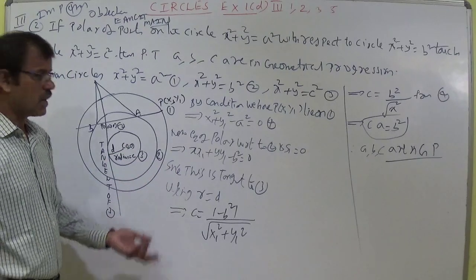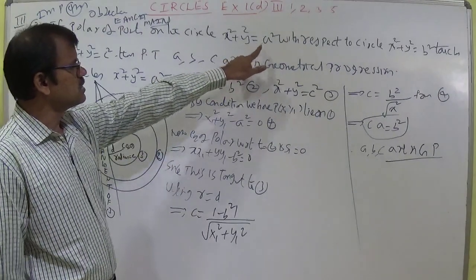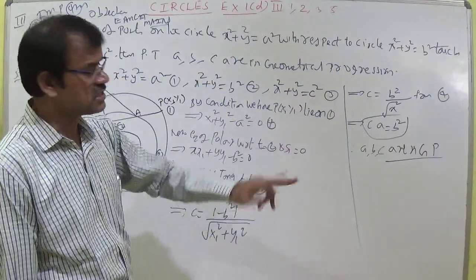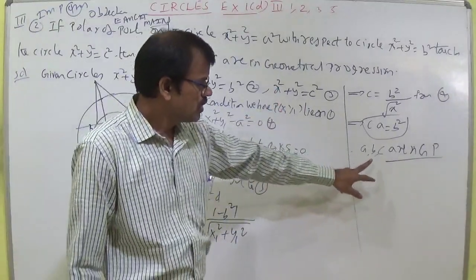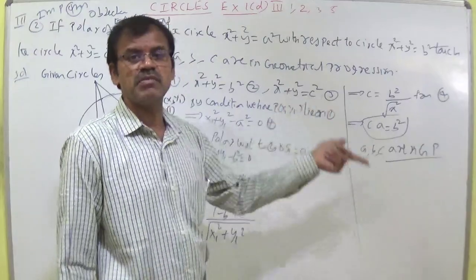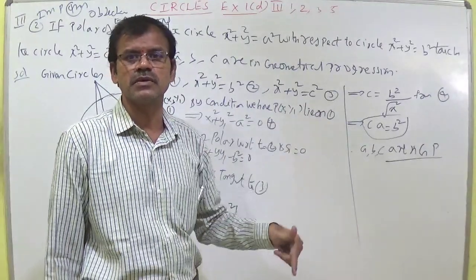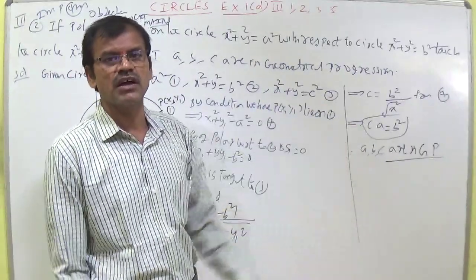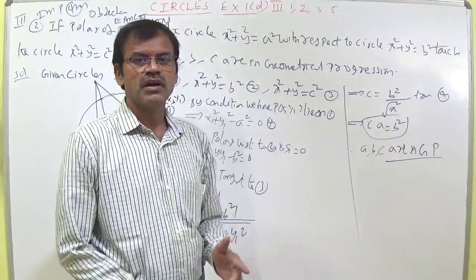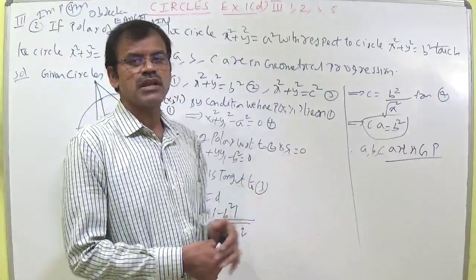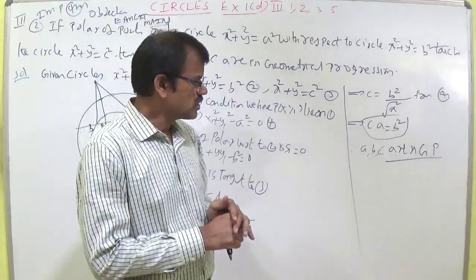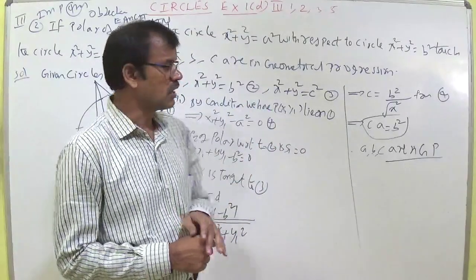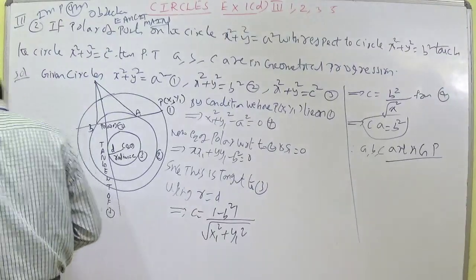Sometimes in the objective he may use this as b square, this as a square, this as c square. Whatever the values are, the same concept you can use and change the values. Sometimes he gives: prove that b, c, a are in geometric progression, or c square is equal to ab, or c is equal to root ab. Like that plenty of times he changes the letters and gives the question, but the concept is same, don't forget. I think this is in CUQ, this is level 1, this is level 2. For objective, this is a most important question.